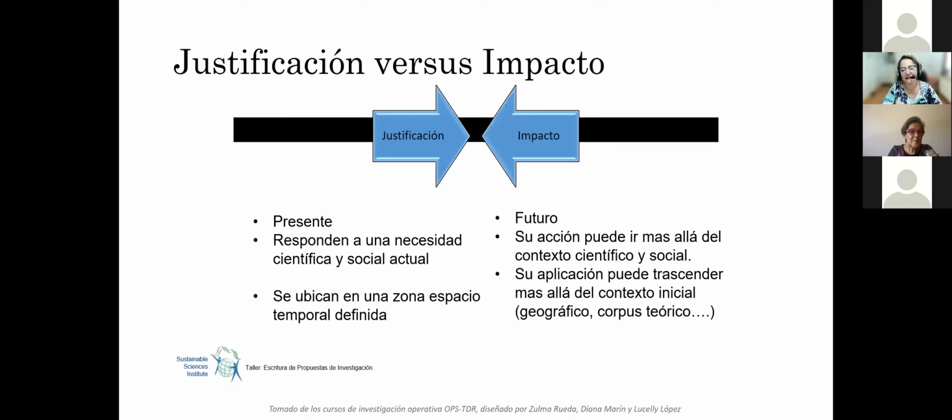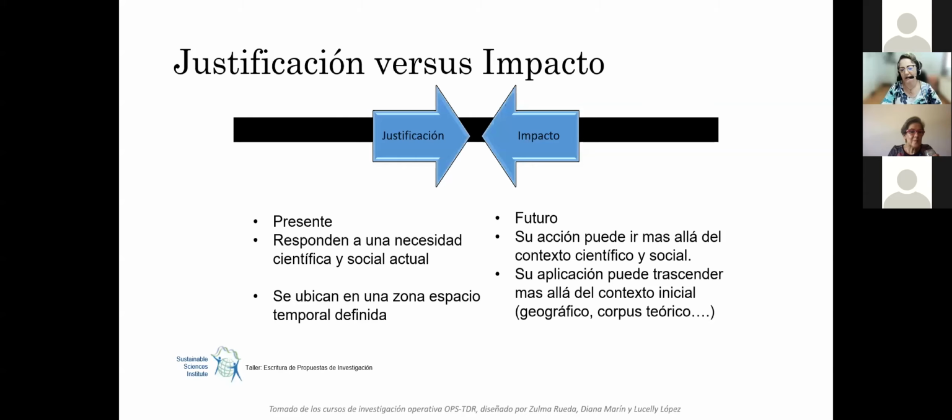So to wrap up this first part of my presentation, we are focusing now on the introduction of the research proposal that you're writing, that apart from having all the background information, all the knowledge that you have of the state of the art and the problem at this present moment, in the final paragraph, you need the objectives and the research hypothesis. You also need to include paragraphs related to the justification and the impact. The justification is the answer to the question why, that answers a social and a scientific current need within a definite timeline, and the impact in the future